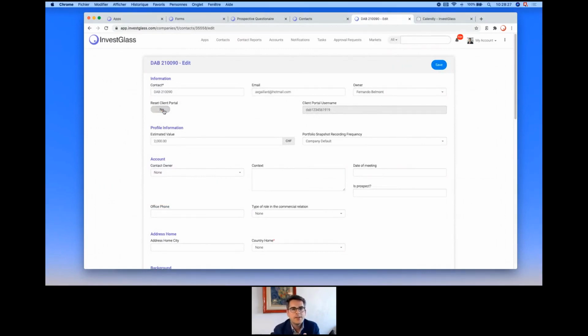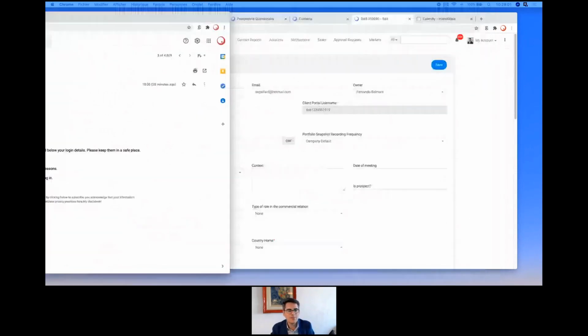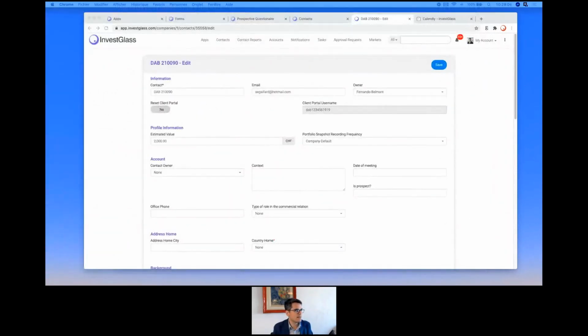The email system is usually used when you're comfortable in having your clients going directly into your portal without you being an intermediary. Whereas the username is going to be used when you are actually using a fake name, or you want to create a new type of name, or you want to be the intermediary and send the credentials to your clients. Once you've been doing this, you're going to receive usually 2 emails. The first email is going to be an email that would look like this, obviously, if you selected the system of